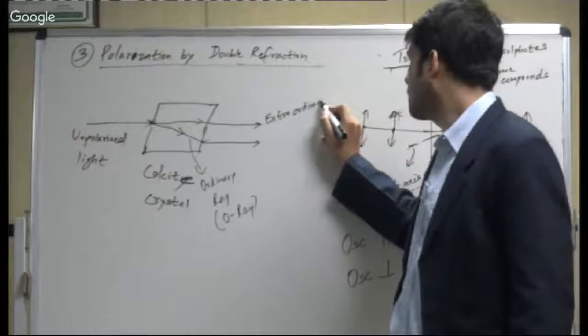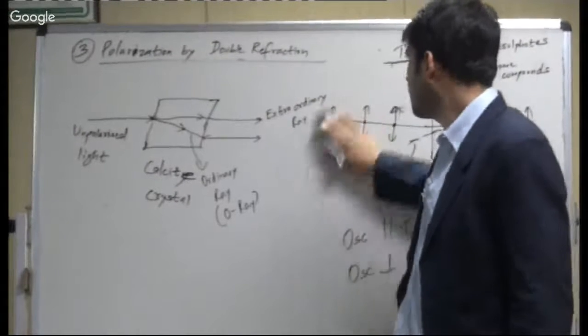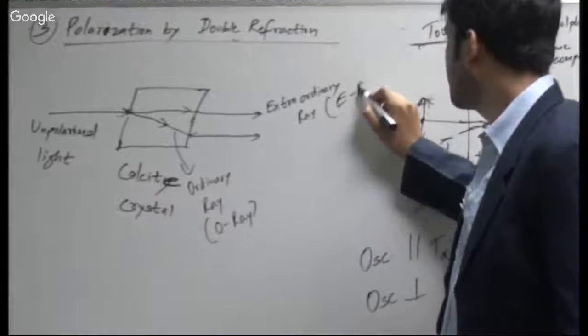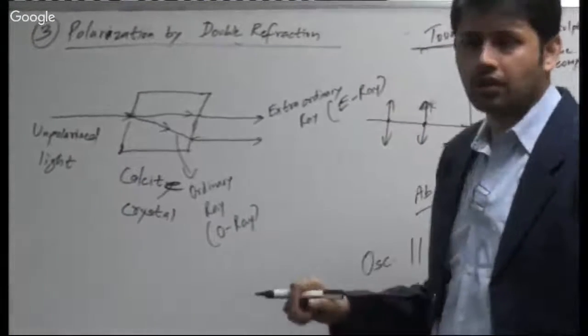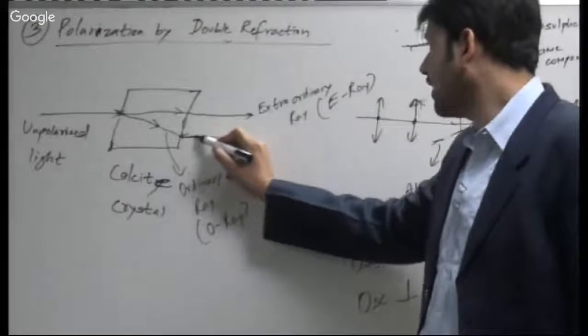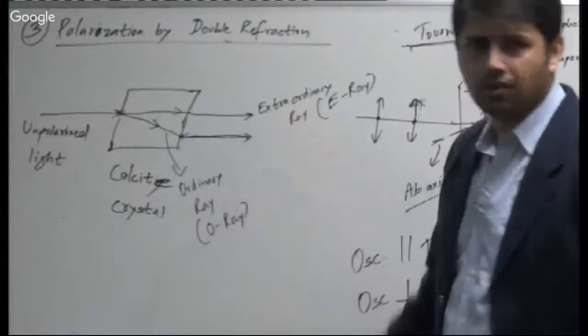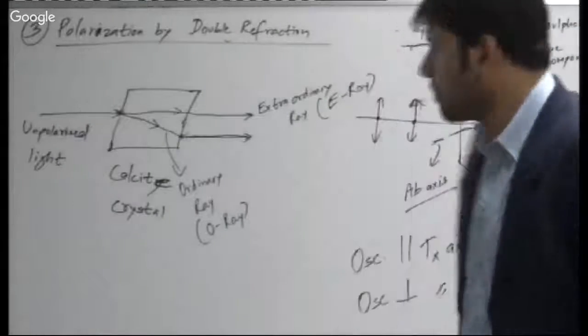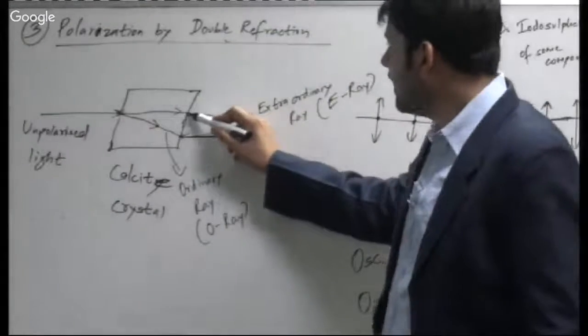Extraordinary ray or the E ray. Okay, extraordinary ray or the E ray. This is the O ray. It again refracts and gets parallel to the E ray. Is it okay? You know, the E ray in this case,